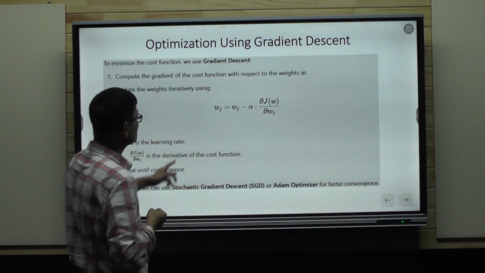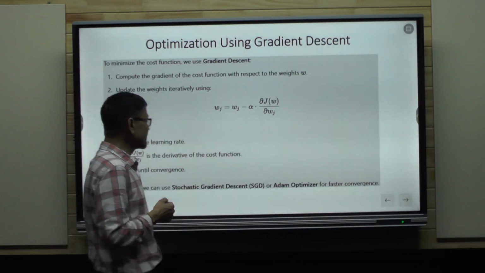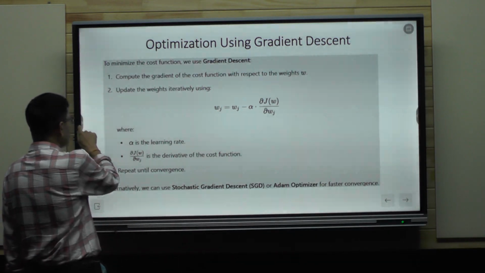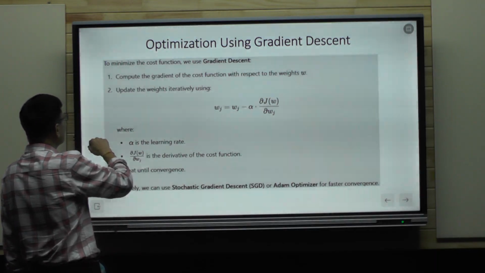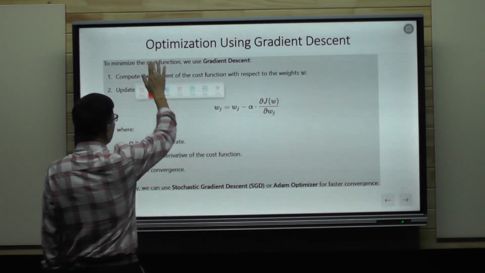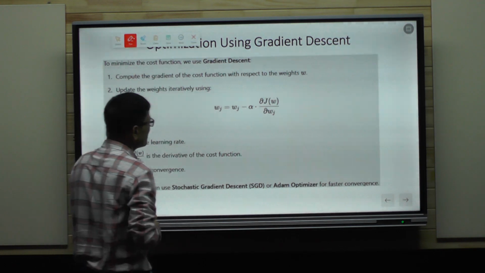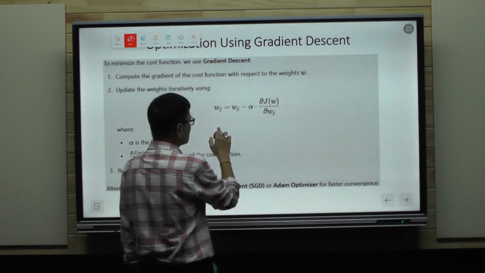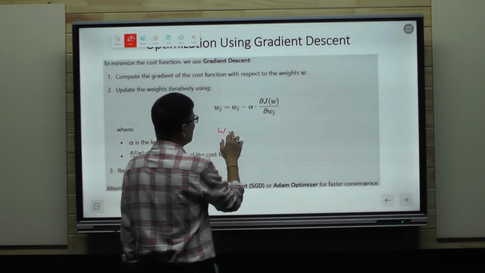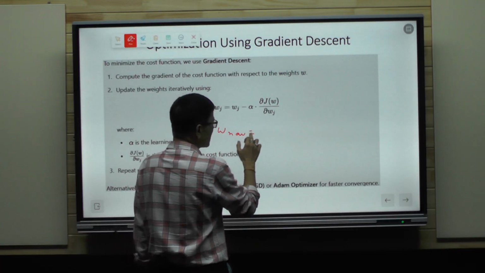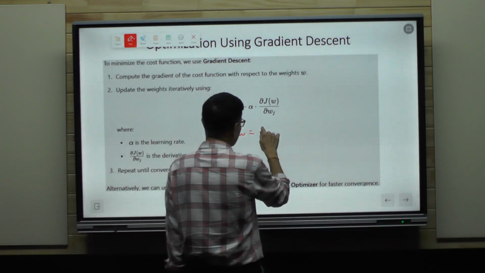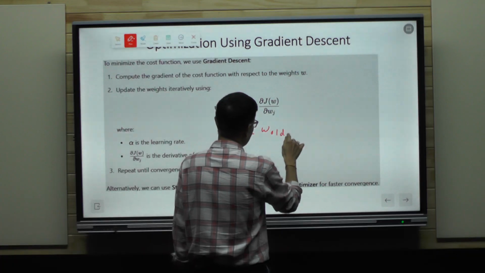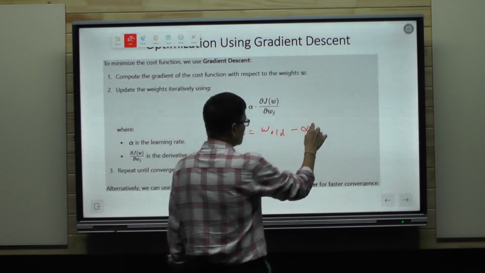So for that we use the algorithm known as gradient descent, and in gradient descent what happens is we have Wj, the new weights you will compute after the first iteration. This is old minus alpha